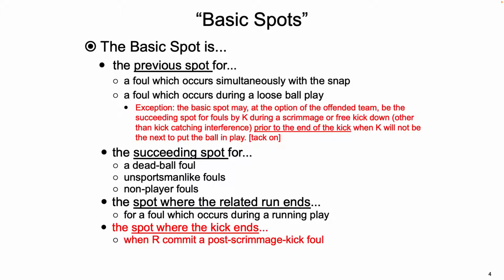On a normal situation where we'd have a loose ball play and we'd have previous spot enforcement, if this condition is met, the defense has the choice to either take a previous spot enforcement or this new enforcement, and here's what it is. The basic spot may be, at the option of the offended team, the succeeding spot, where we're next going to snap it, for fouls by K during a scrimmage kick or free kick down, other than kick catching interference, prior to the end of the kick, when K will not be next to put the ball in play. I like to call this the tack-on foul, because we're essentially going to tack on to the